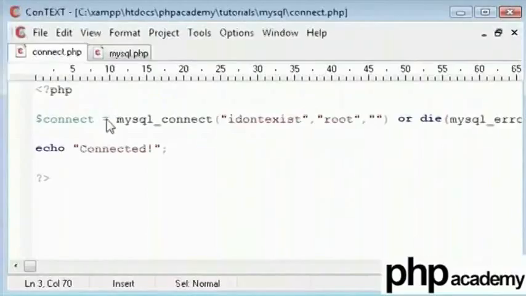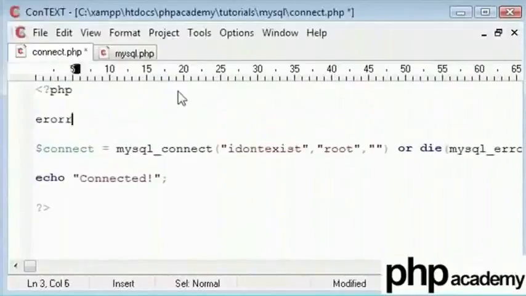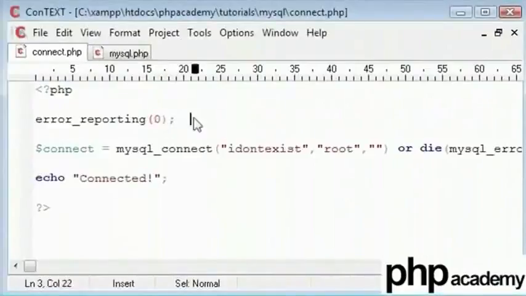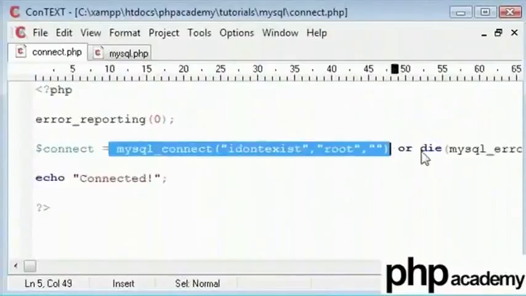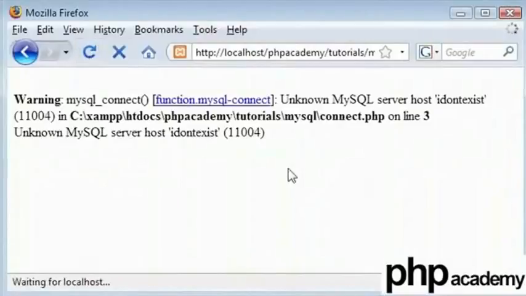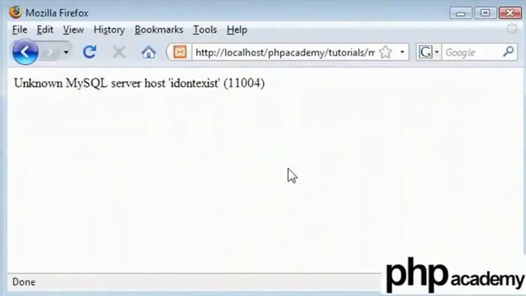Now we don't echo out this to the user. Let's say we go up here and say error reporting. Please see the error reporting tutorial I made if you haven't. If you have set this to 0, this will turn off all error reporting. So what happens is this error here will be ignored, but a specific error will be given out to the user. Let's refresh here. Again, it's taking its time, so I apologize. There you go. We can just say that we got a specific error out there.